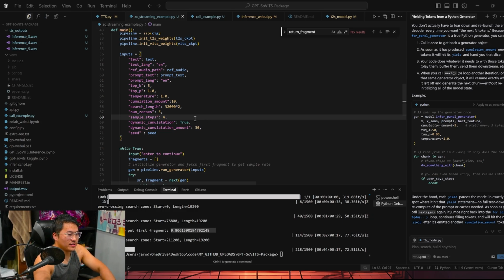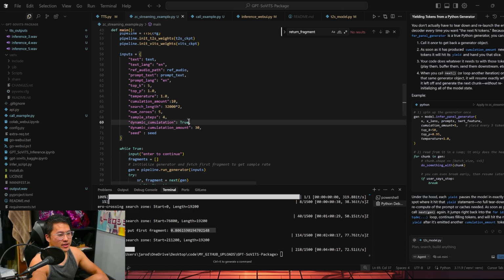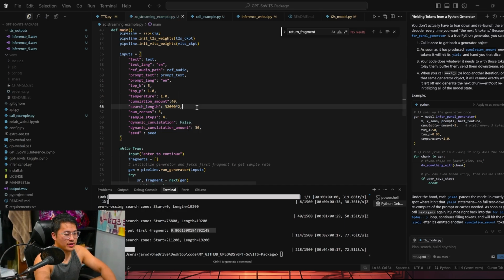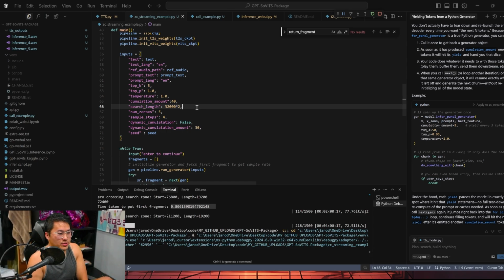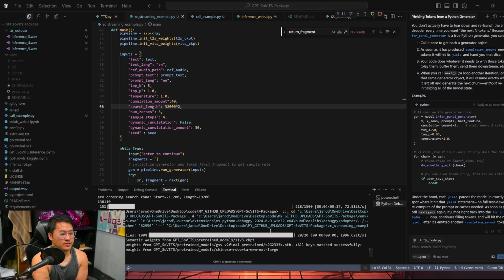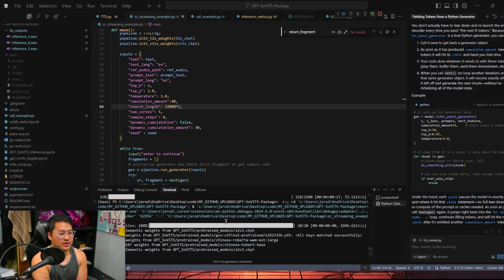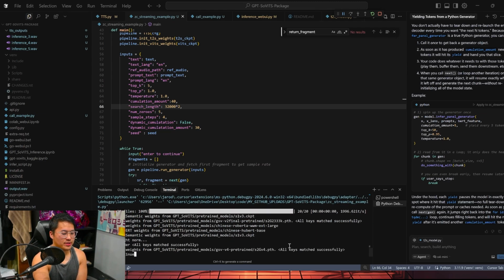I think for reducing the speed by about half, if I turn this to false and then I put this to 40, this is effectively what we would be at for static accumulation. We can compare, let's see what the time to first fragment is going to be for this. I mean, it shouldn't be too much, but